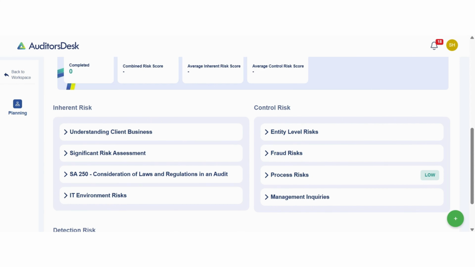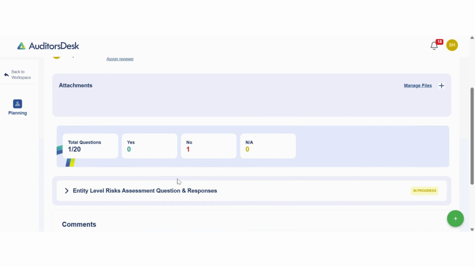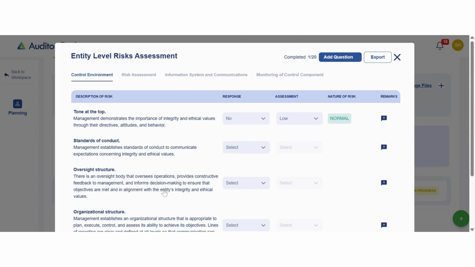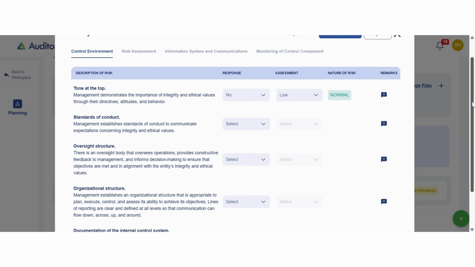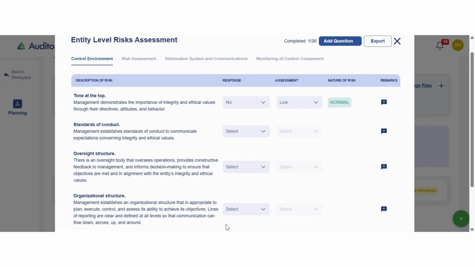1. Entity-level risks. Entity-level risks deal with the overall governance and control environment of the organization. They set the tone at the top and impact how effective the rest of the control system will be. This includes evaluating the integrity and ethical values promoted by senior management, the role and effectiveness of the board of